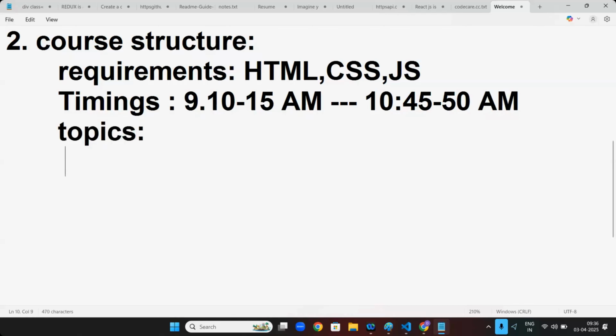First time we will have an introduction. Today we will do some introduction on what React is, why we need it, what our course structure is, and what we are going to learn next time. I will tell you.